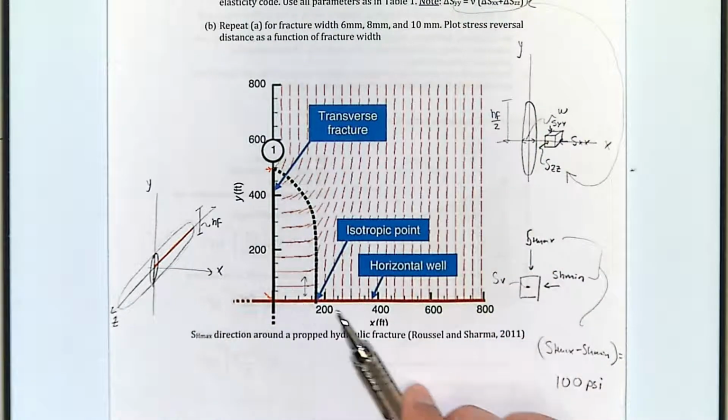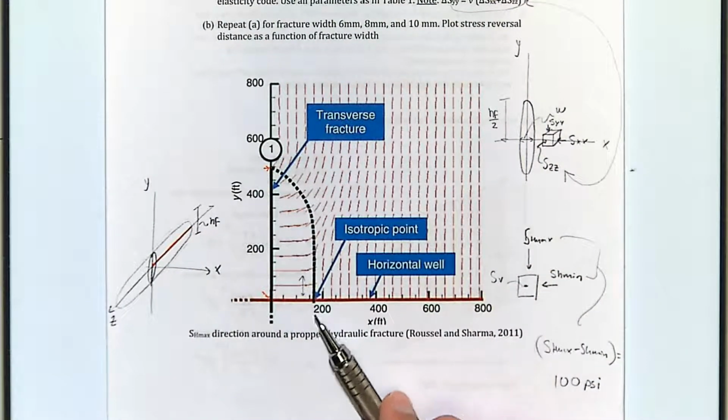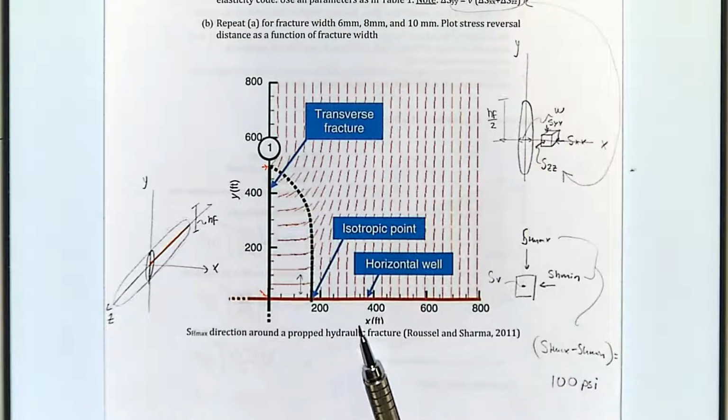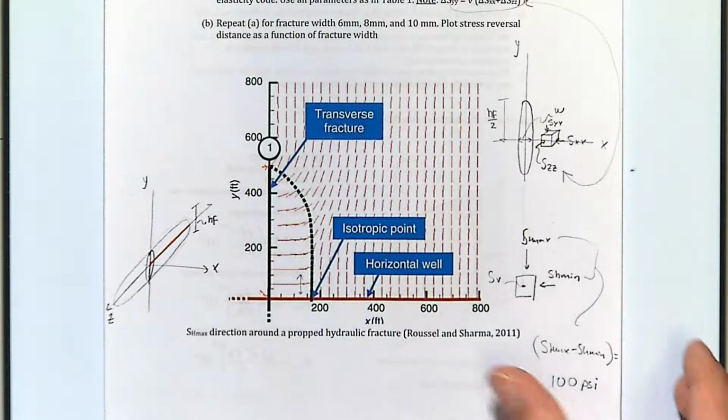So these calculations give you an idea about how close you can place your fractures. Ideally, you want to place them as close as possible to maximize surface area, but if you put them too close, they interfere with each other and they might not grow, or they might grow in some other directions in which you do not want them to grow. All right, so